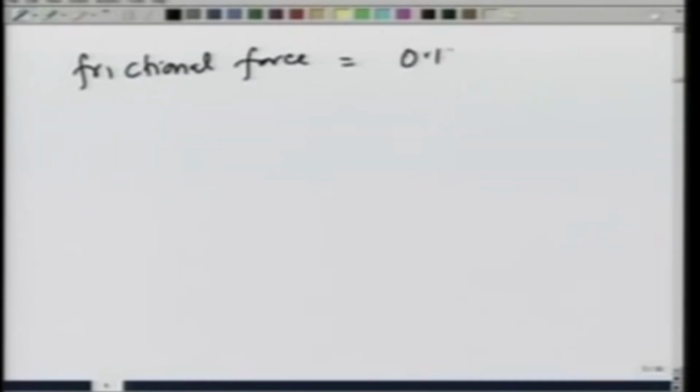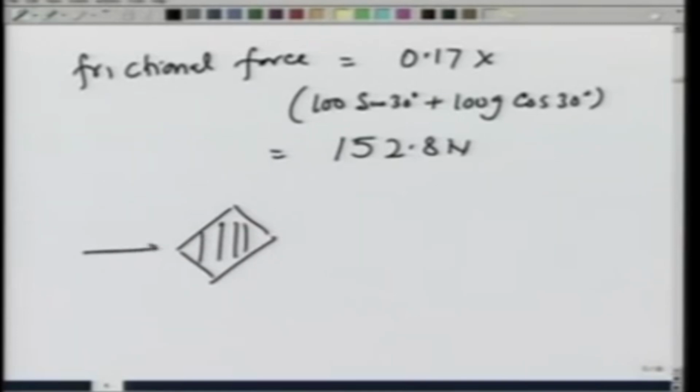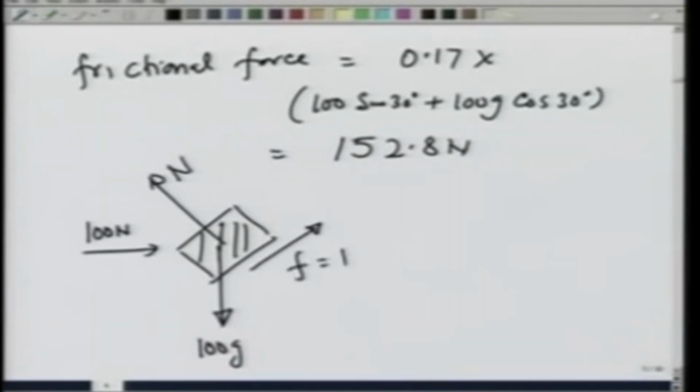It is going to be 0.17 times 100 sine 30 degrees plus 100 g cosine of 30 degrees. To calculate this number, it comes out to be 152.8 newtons. So, therefore, the frictional force will be slightly less this time, and the block would be moving down the plane. Here is 100 newtons, here is 100 g, this is the normal reaction, and this is the frictional force of